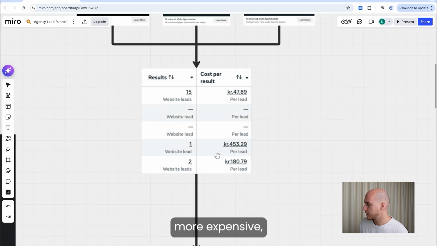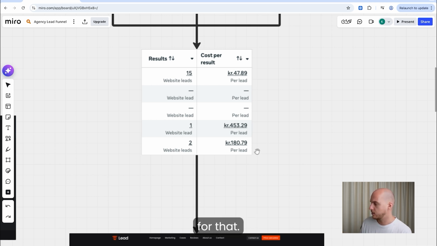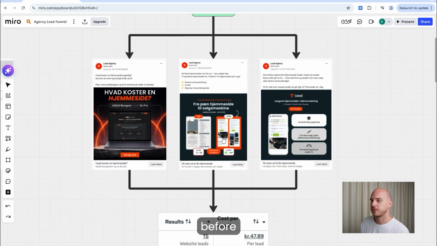These are a bit more expensive, but again, I don't have enough data for that. But also you would expect that these are maybe more qualified than these, because essentially these are before and afters and performance oriented, so people are more aligned with like, oh, I can get an outcome. I have something that is not so good, so I can get a better outcome if I